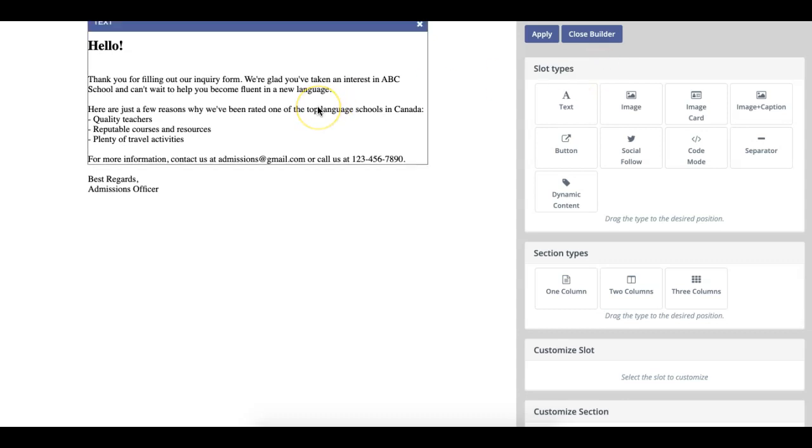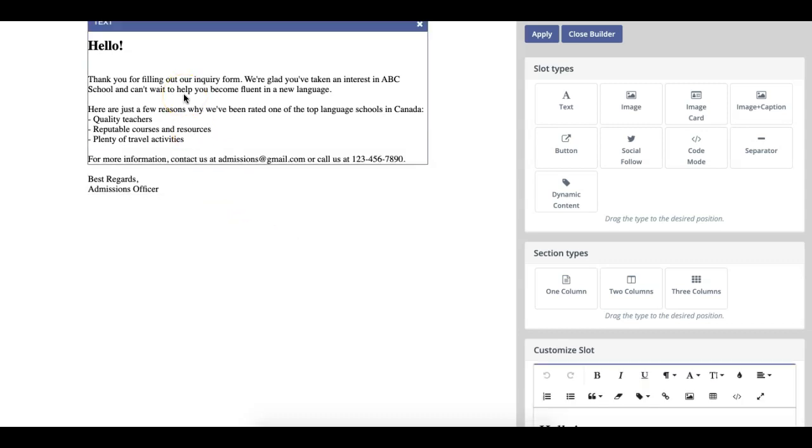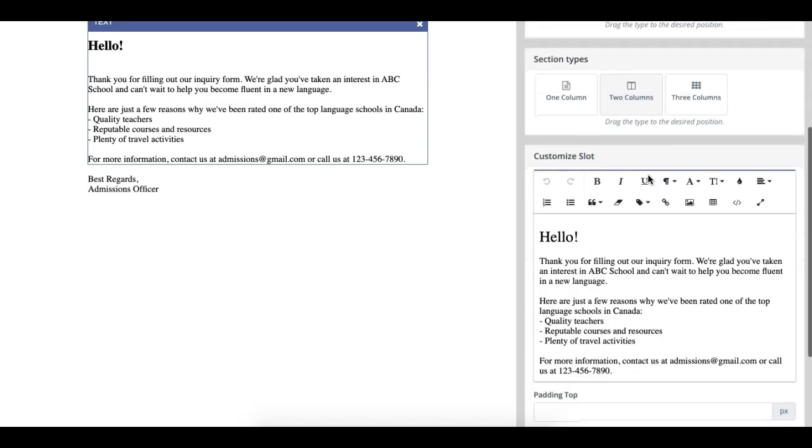To start, we're going to add a personalization token to this email, so it's a little bit more customized and tailored to your prospective students. To do so, we're going to click where we want to add the personalization token. In this case, it's in the first text box. And instead of just saying a general hello, we're going to make it so that the email addresses each prospective